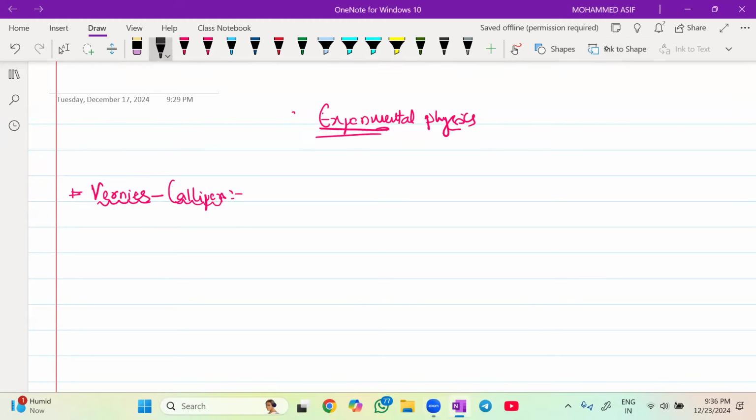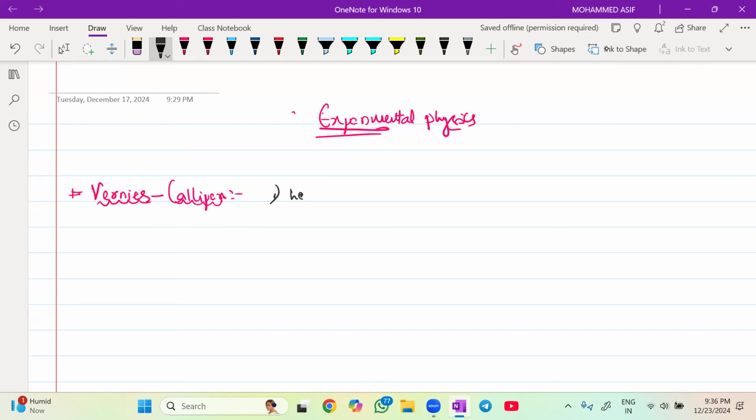What do you mean by vernier caliper, beta? Anyone? What is a vernier caliper? A device which is used to measure the minimum reading, isn't it? So in this one, the first term you need to remember for doing the examination questions is